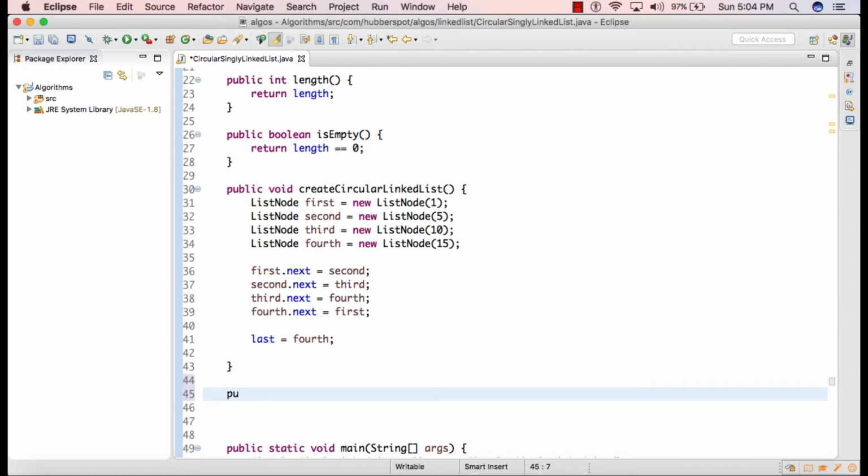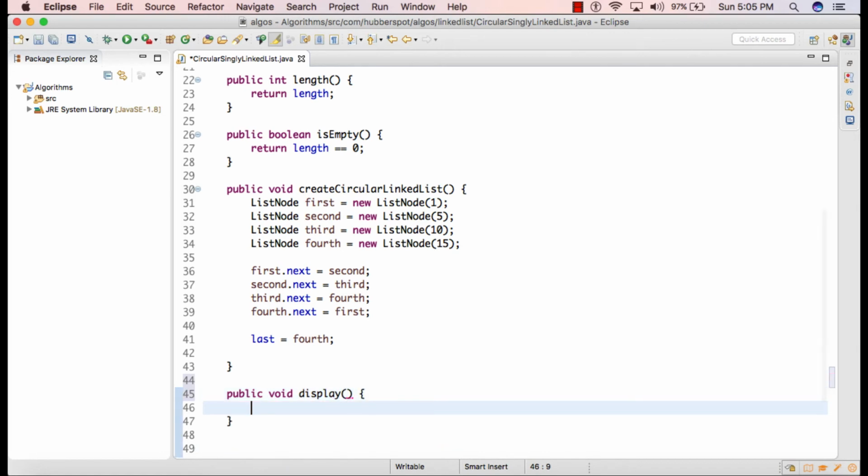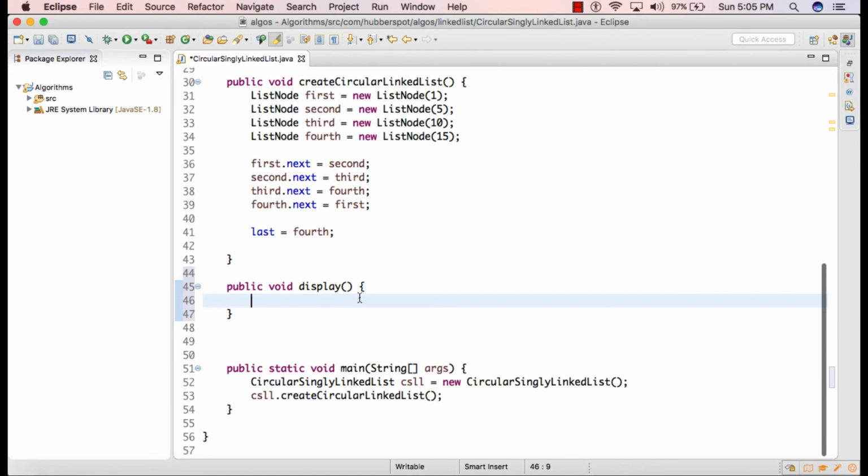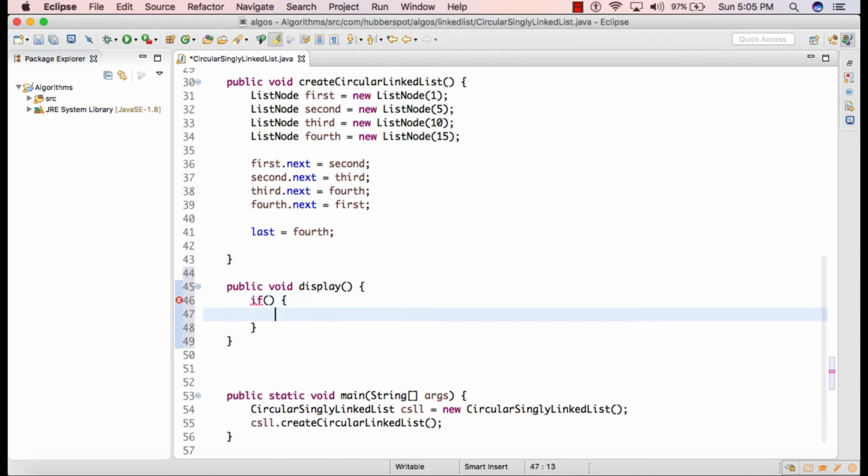So we'll create a method as public void, and we give the name as display. This method will simply traverse each and every element in a circular singly linked list and print the data with the respective node. So here first we'll provide a condition as if last equals null.